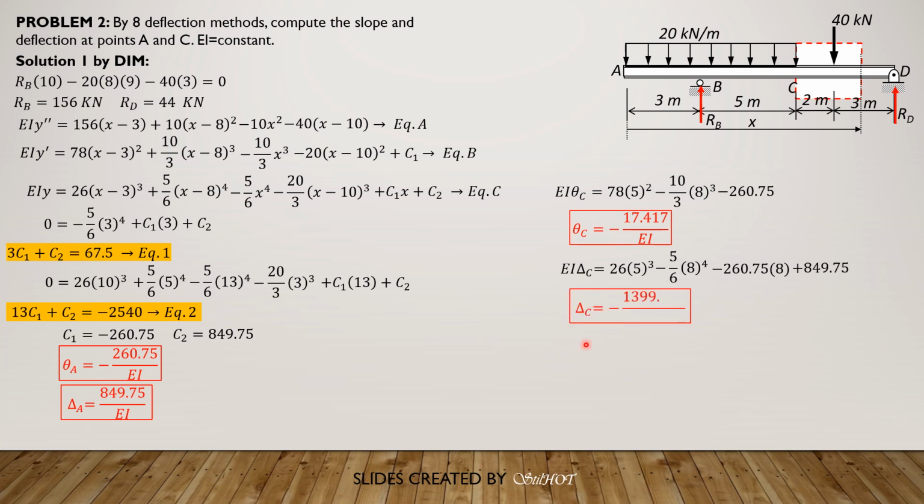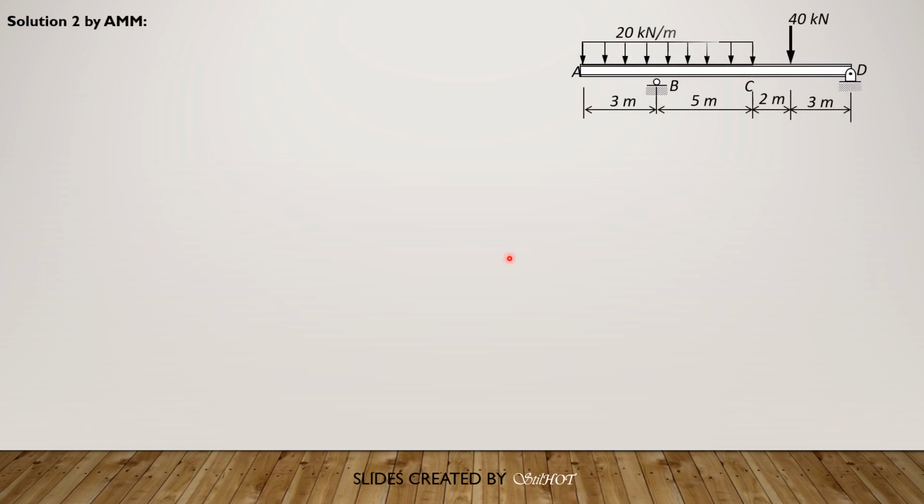So solving for delta C is negative 3099.583 over EI. So this is the solution by double integration method. Now we have the solution by area moment method. Since we have already found RD, 156 and 44 kilonewtons, the best moment center here would be